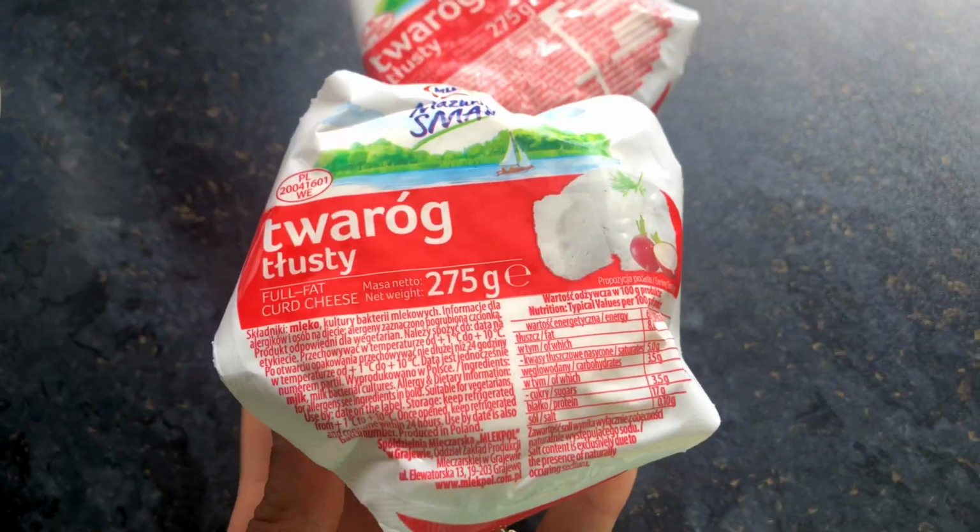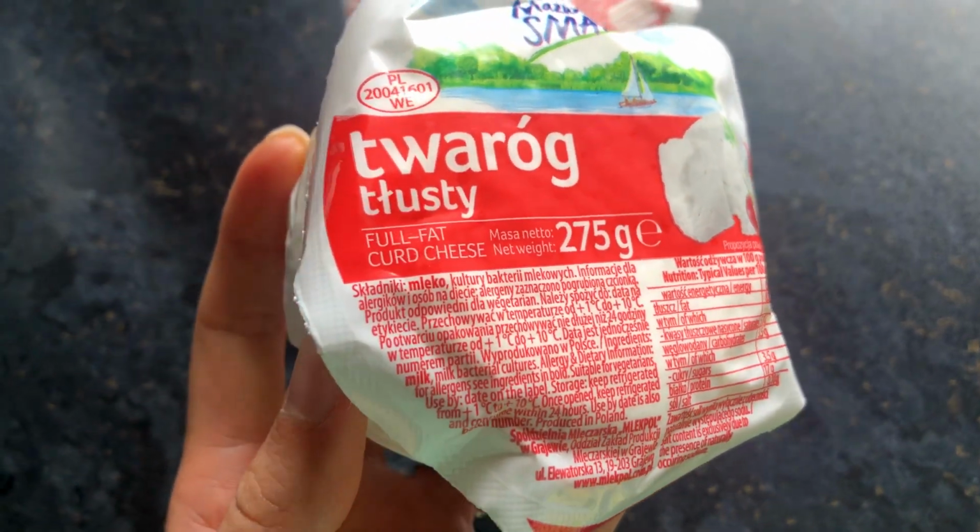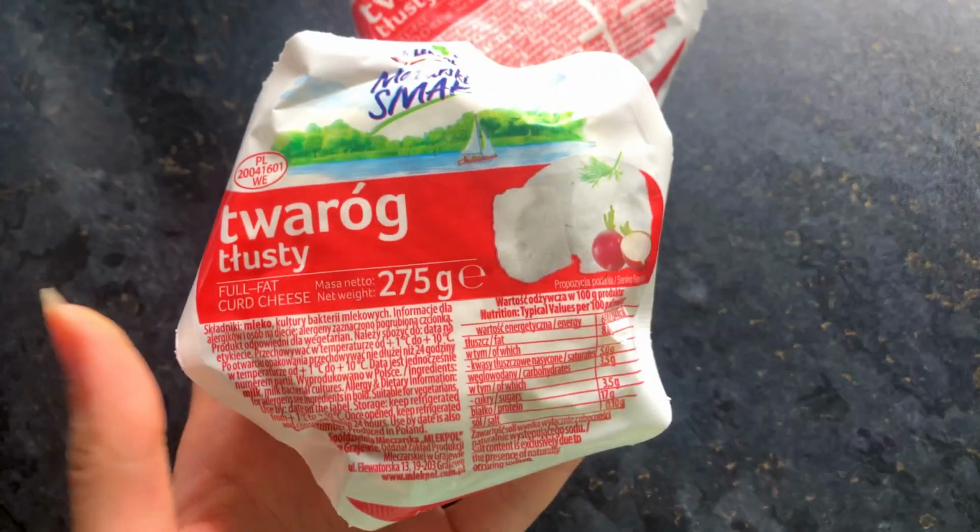We're talking about Sernik. You may recognize it as a baked cheesecake, and you'd be right. But the Polish make their cheesecakes with a very particular kind of cheese. In place of the more commonly seen North American cream cheese or Italian mascarpone, the Polish make their cheesecakes with twaróg. Twaróg could be compared to a cottage cheese or an Italian ricotta or even a Scottish crowdie for my locals. It's a rustic and lumpy cheese with a firm texture, but this lovely, deliciously tangy and salty